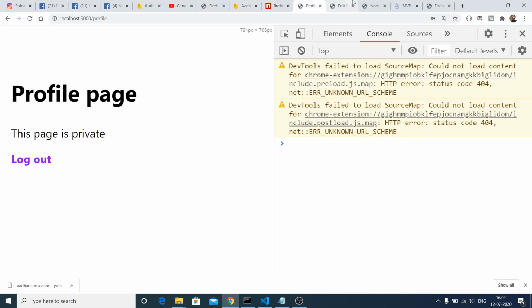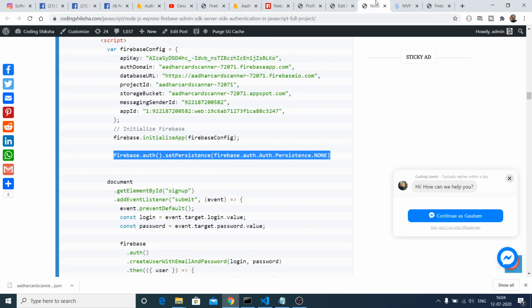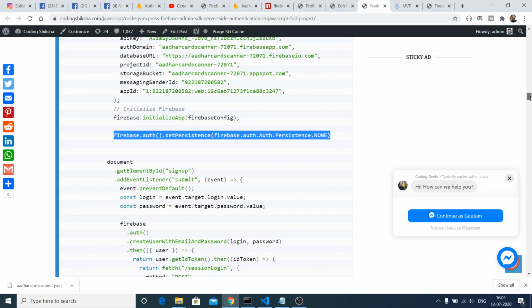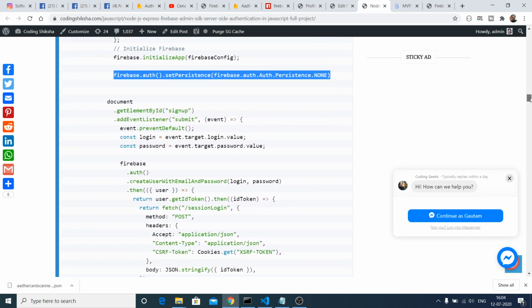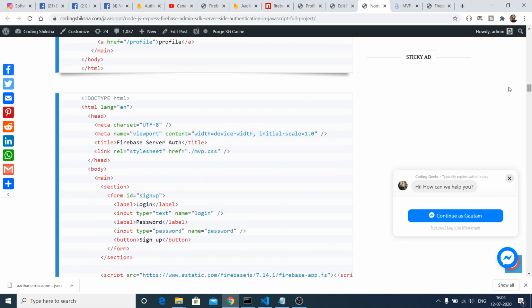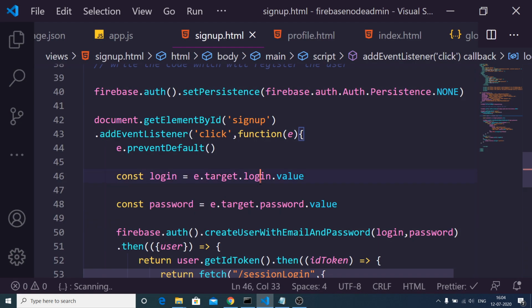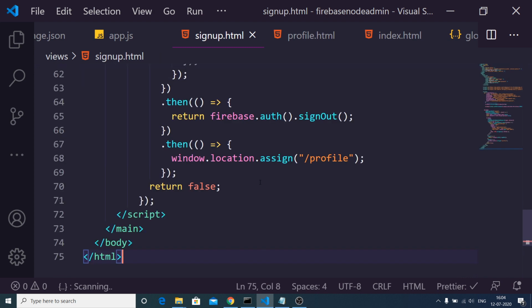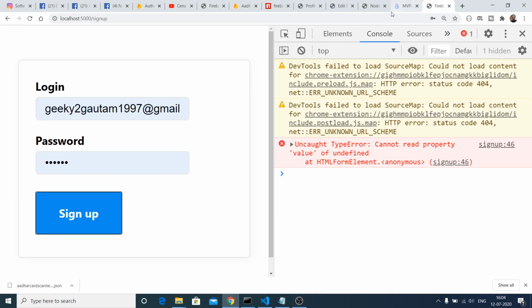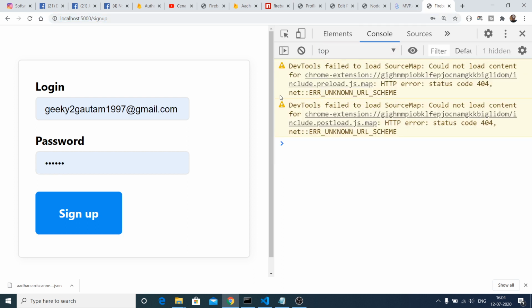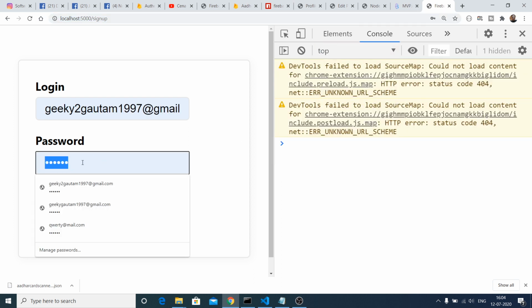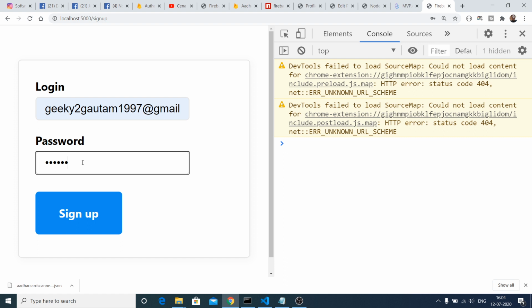I have shown you how to write this code, so I'm just figuring out the errors here. There is a copy button here. Let me just paste all the code and show you. If I refresh here and type a password, this is the email ID. If I click sign up,